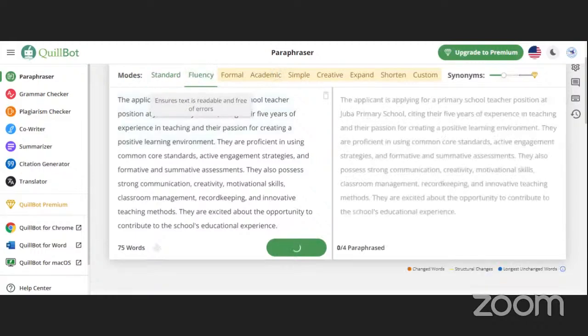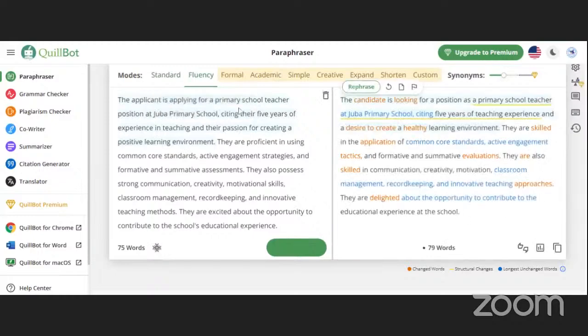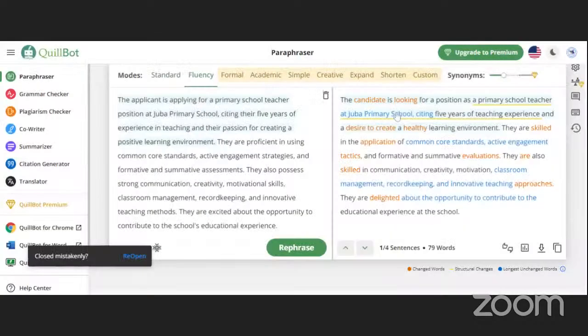This one ensures that the text is readable and free from errors. You see, this one is already paraphrased. The candidate is looking for a position these days, you see, our paragraph has been paraphrased. So it has been written in a different way now. So that is how Quillbot works.